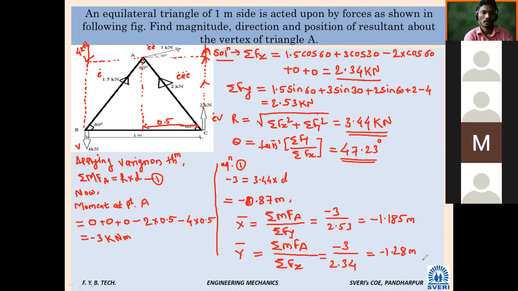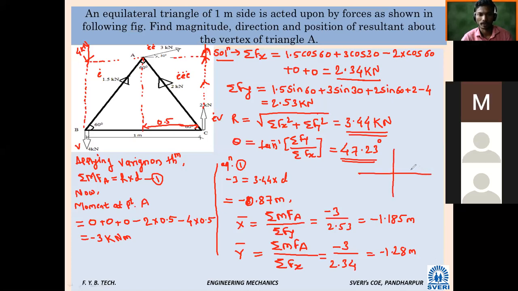Okay, let's go next. We did not show the direction. Actually, in the statement it says find only, but for our information you can show it like this. How did the angle come? Positive, no? Angle is positive, so clockwise or anti-clockwise? This is Y, this is X. Anti-clockwise, it will go something like this.